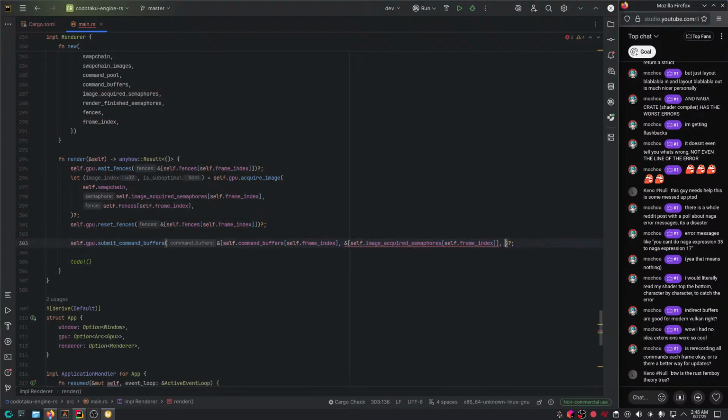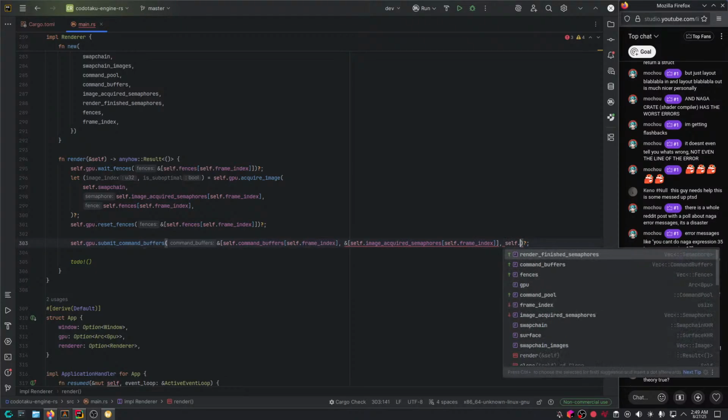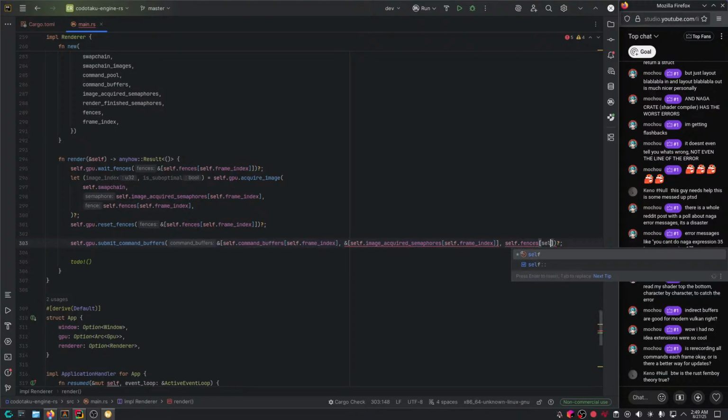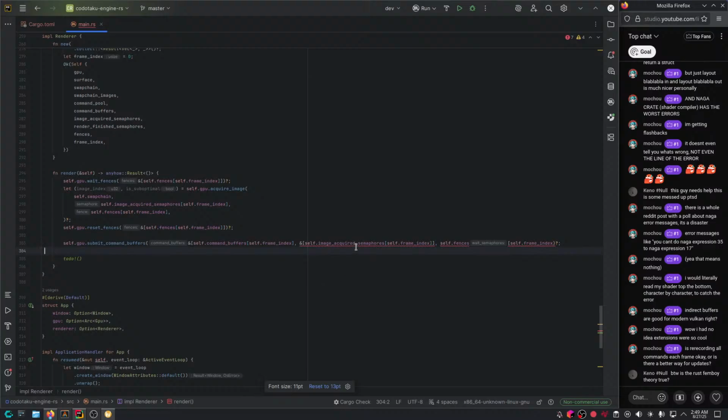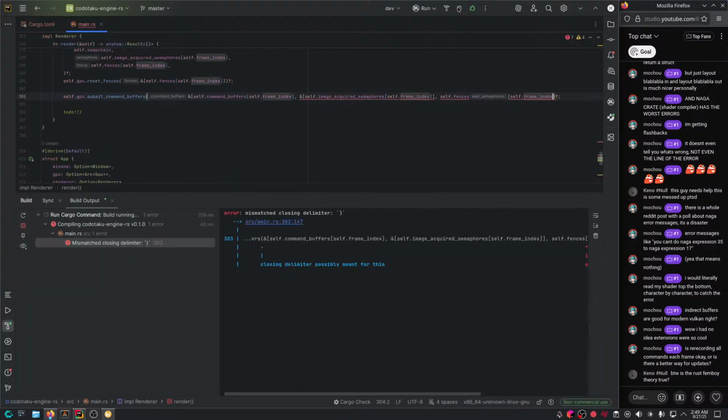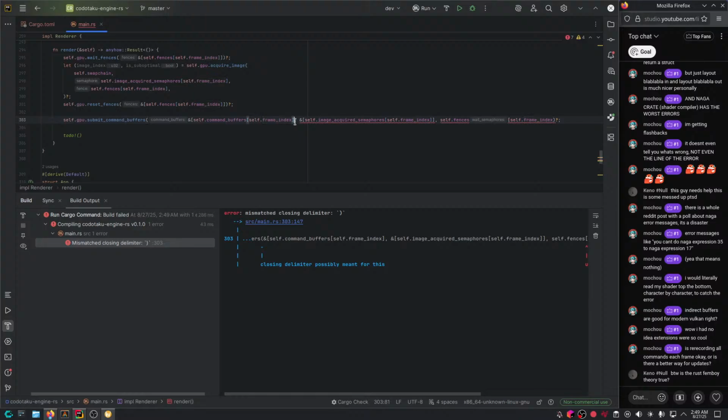Well, that's weird. Either way, what we're gonna need next is the fence. So self.fences, self.frame_index, and there we go. Now I'm not sure what's wrong here. Am I missing something here? Oh, I see. I'm missing this. So that's why.